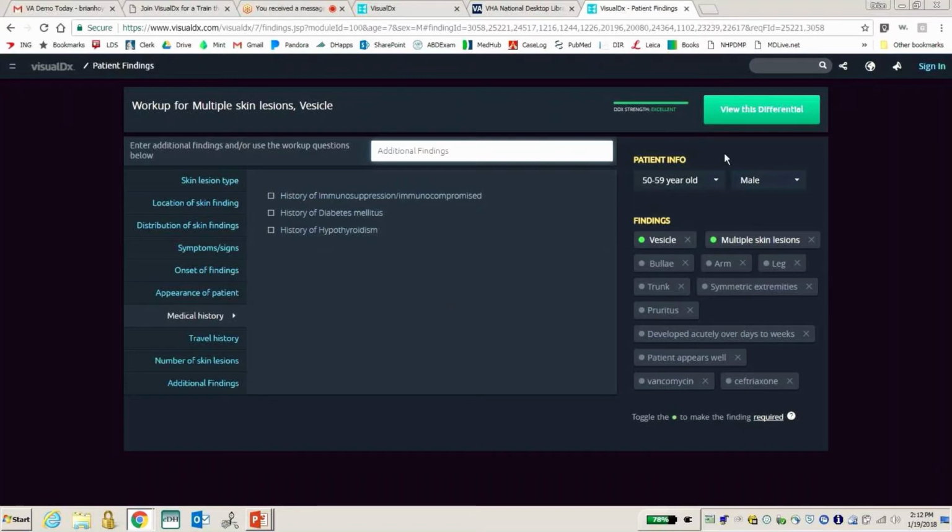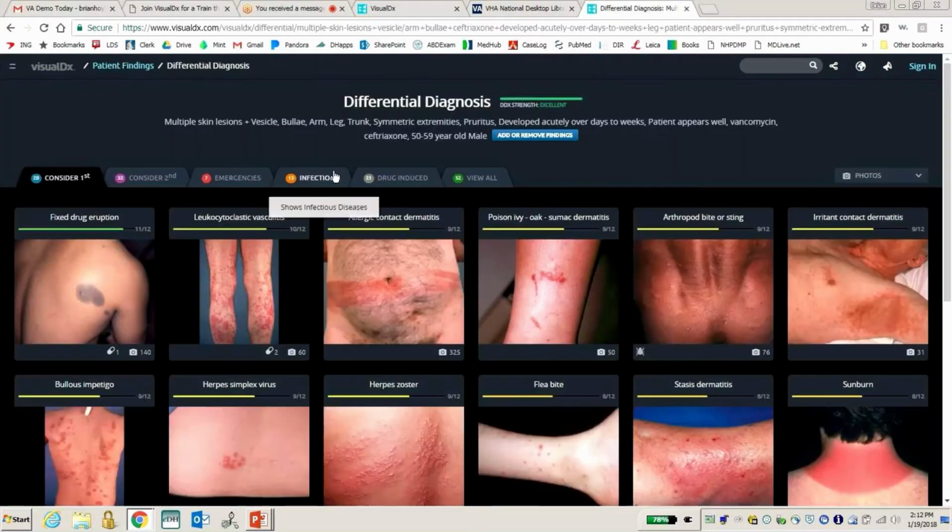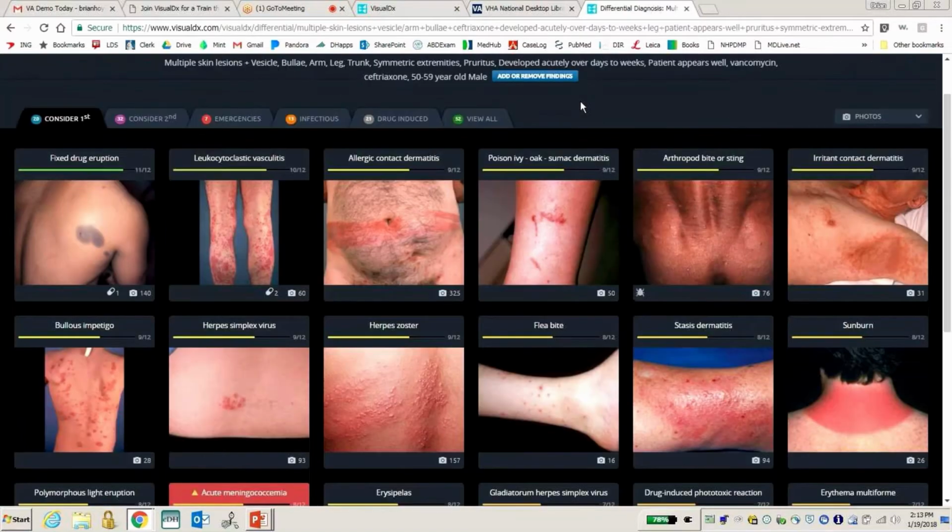So with those findings, you can see we have a good differential generated, and so we'll click on View the Differential. And so then it pops up the differential diagnosis screen. So here's the things to consider first. These are common things that you would want to think about, or life-threatening things. So you think about herpes